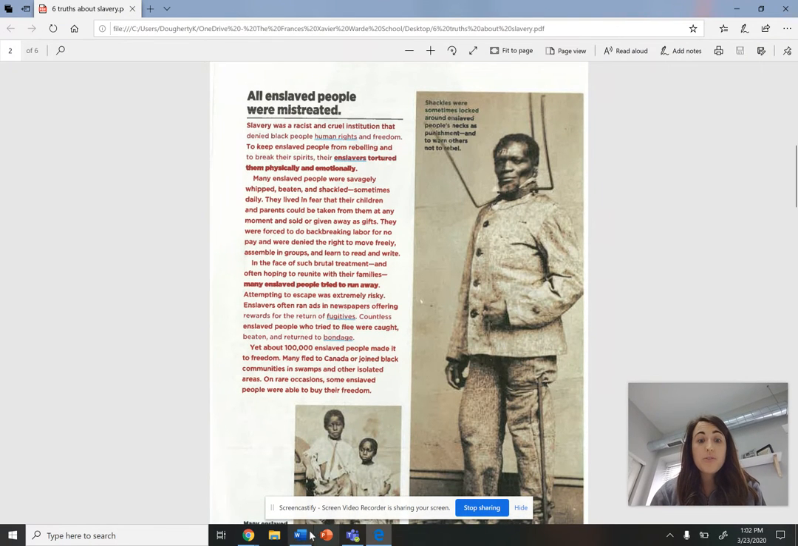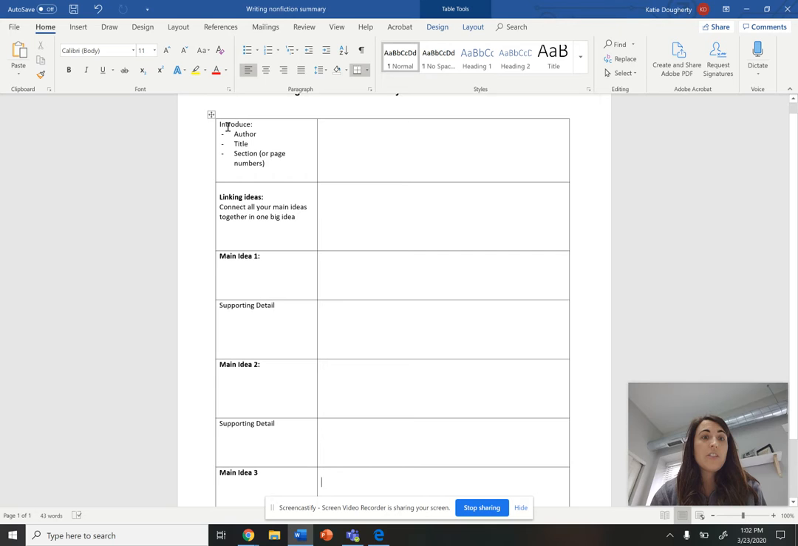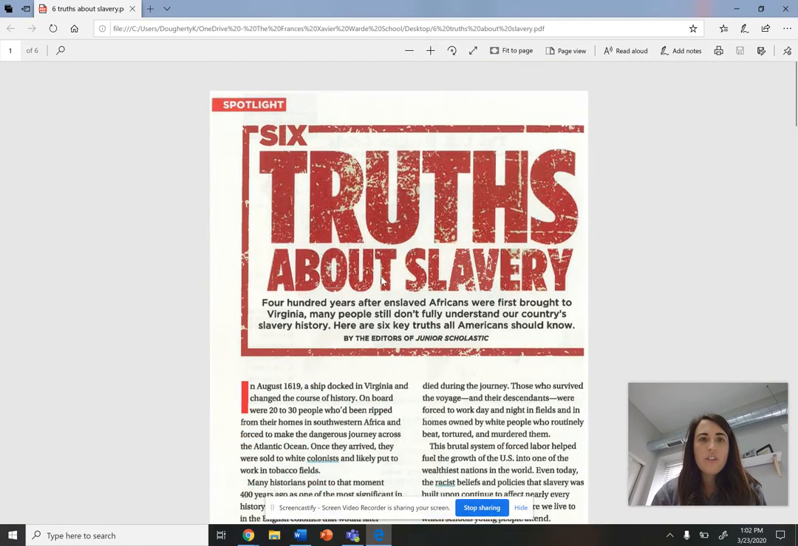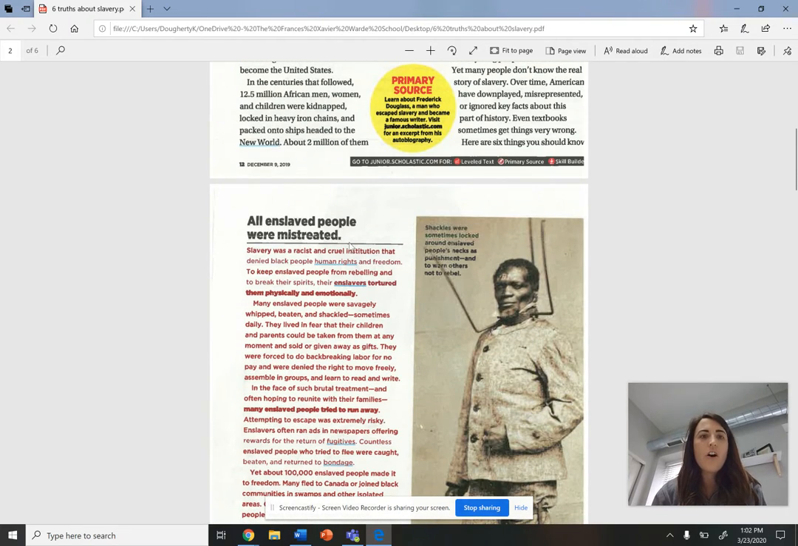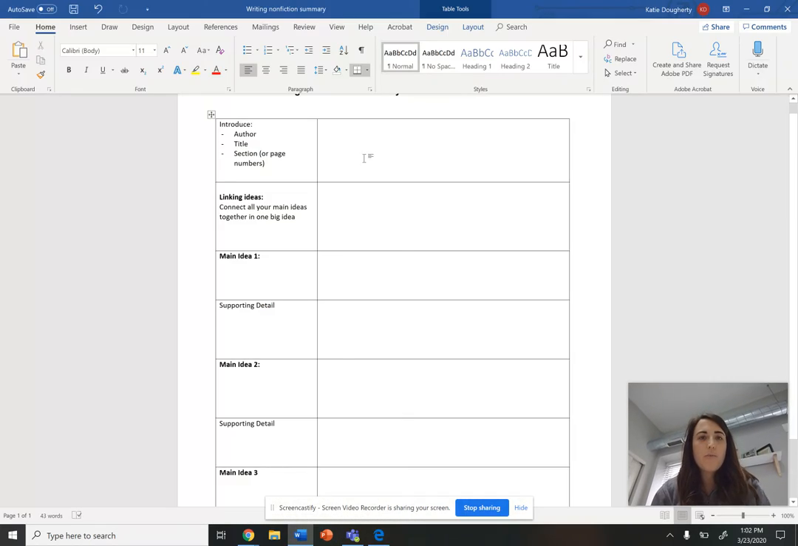So the first thing that I want to do, and look at this piece of paper, is fill out this introduction sentence here. Again, each one of these boxes is going to be one sentence until we get to the end. So right here, I'm going to make sure I include the author, the title, and the section of what I'm working on, which our overall title is 6 Truths About Slavery. The author are the editors of the Junior Scholastic, and my section is called All Enslaved People Were Mistreated. So I'm going to write here